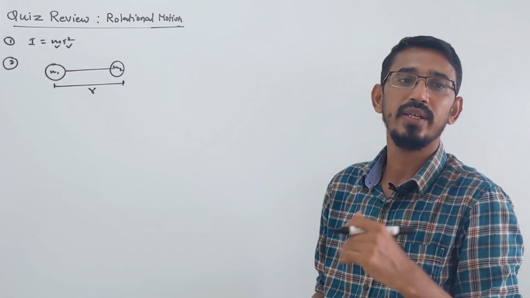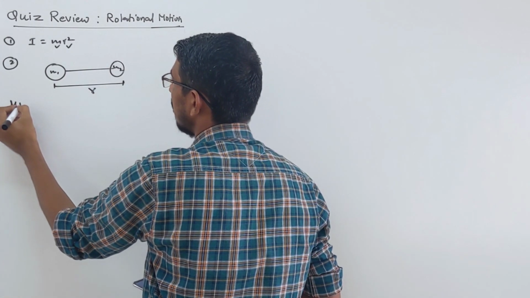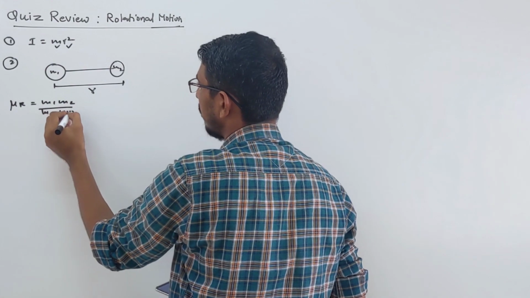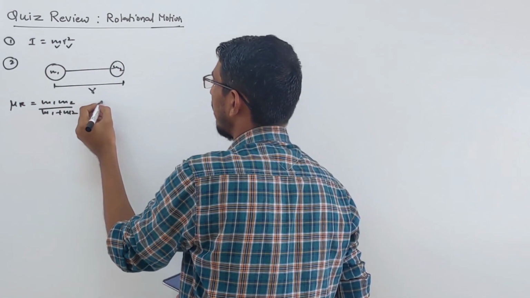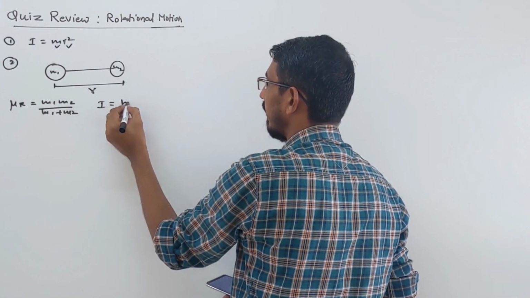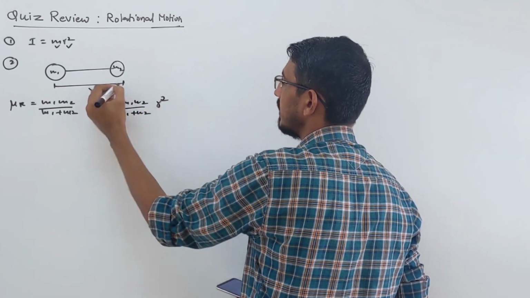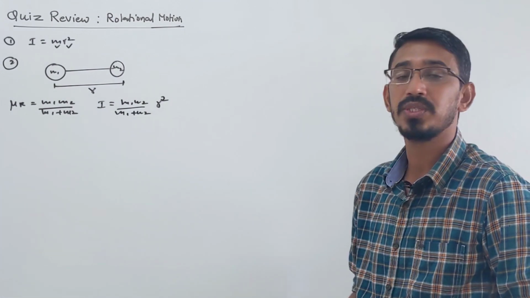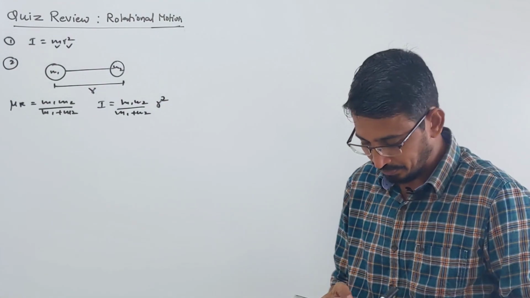You can use that reduced mass concept, meaning these two masses you can write as a single mass. What is reduced mass? Mu is equal to m1 m2 upon m1 plus m2. This is called your reduced mass. These two masses you write as a single mass, then you can find your inertia. Inertia will be mr square, correct. So this is your reduced mass, m1 m2 upon m1 plus m2, into r square, meaning the distance between these two. So the answer for the second question is your first option. The reduced mass concept will come in many chapters, slowly you will understand this.